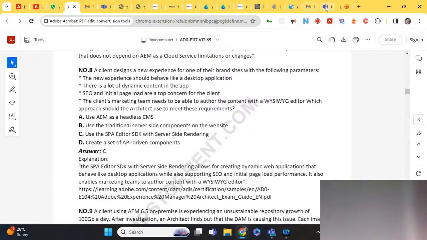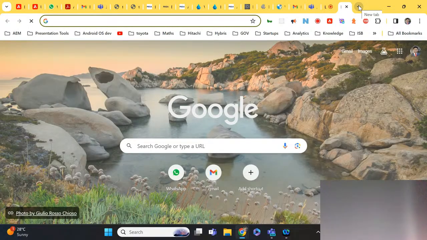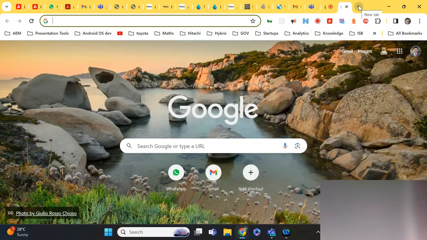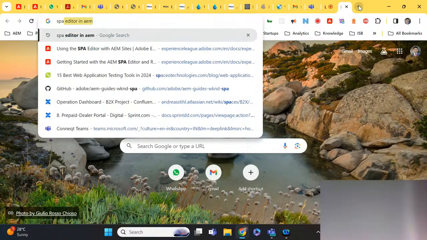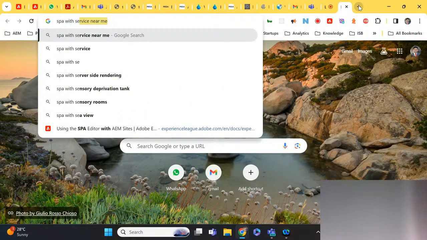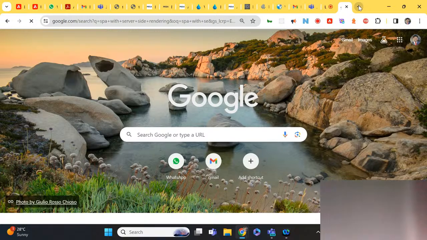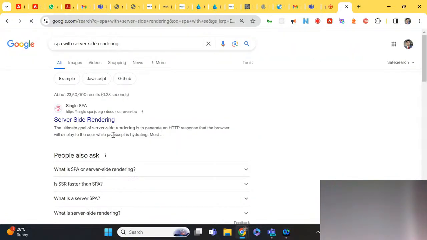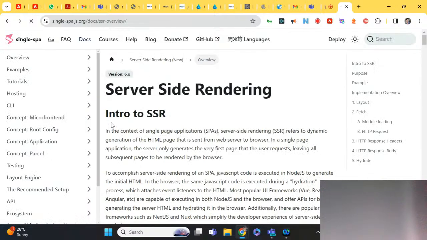There is a huge concept in server side rendering, I'll showcase that will help to have server side rendering improved. SPA with server side rendering is a different concept. It actually helps to keep the initial load also in control.